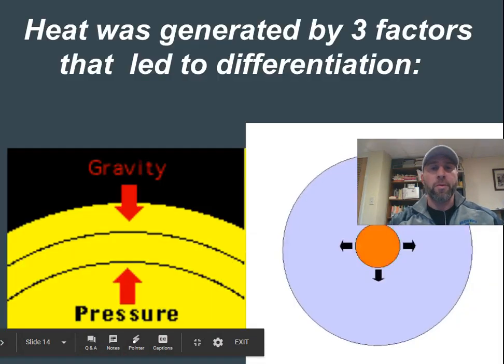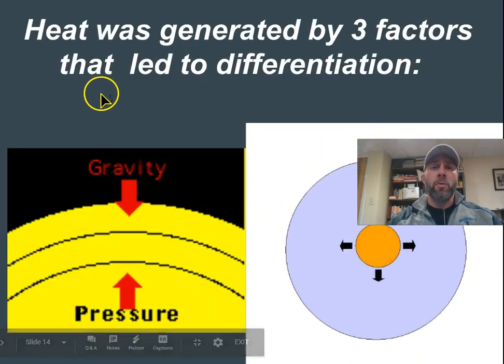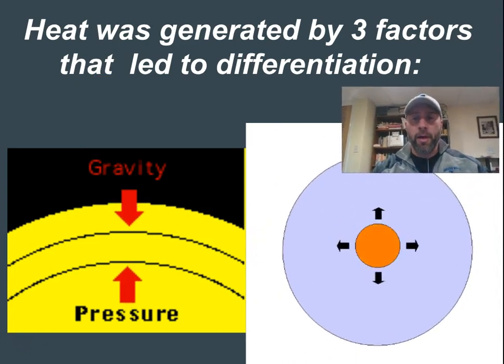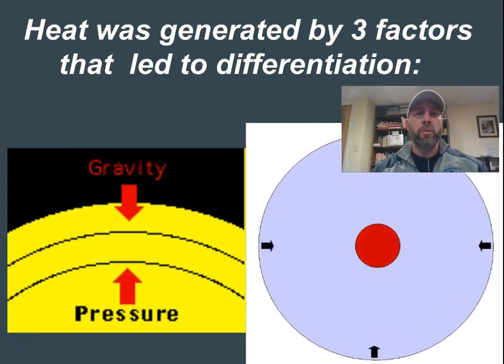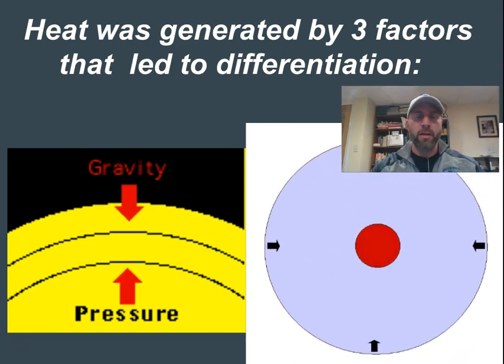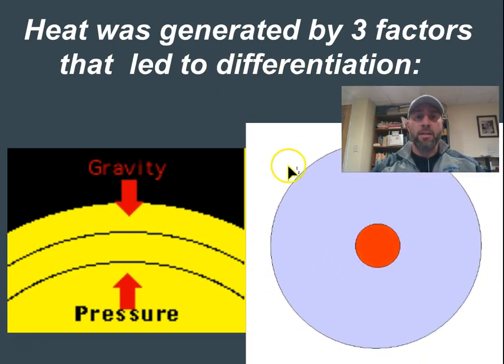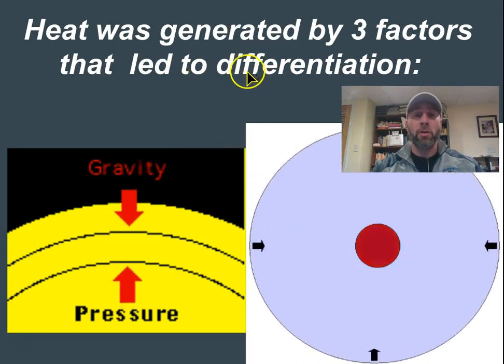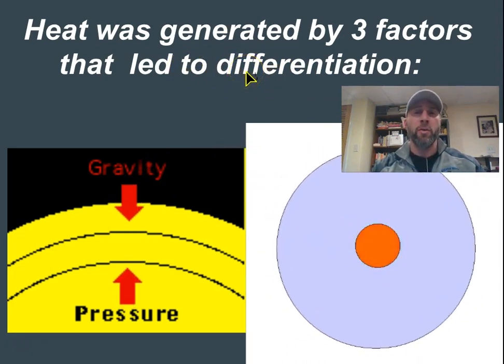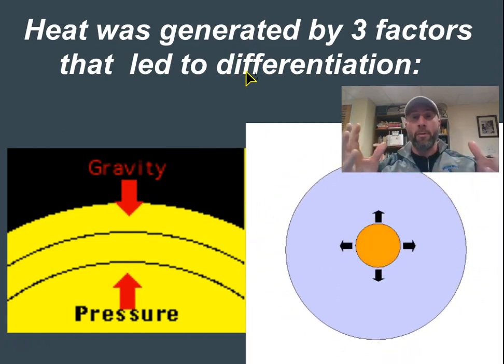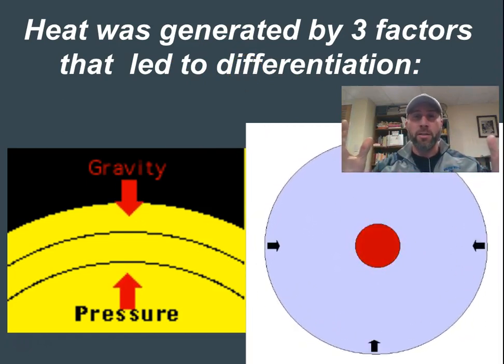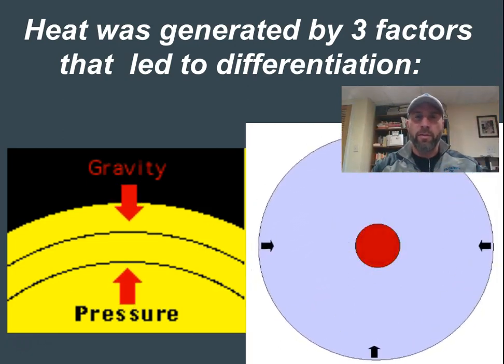Okay, now there was heat still on the inside of the Earth, and that heat was still generated through 3 processes, because the inside of the Earth is still hot now. One of the processes is due to gravity, right, and pressure. Now these things ultimately led to that differentiation. So we have on Earth right now a cool outer surface, right? The crust is all rocky and frozen, but the inside of the Earth is still very, very hot, right?